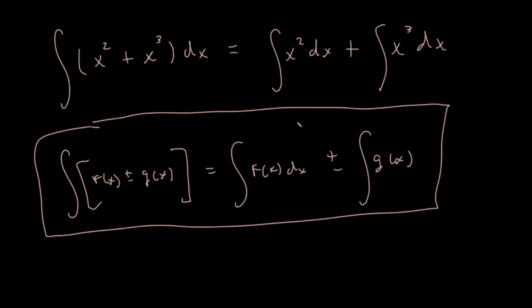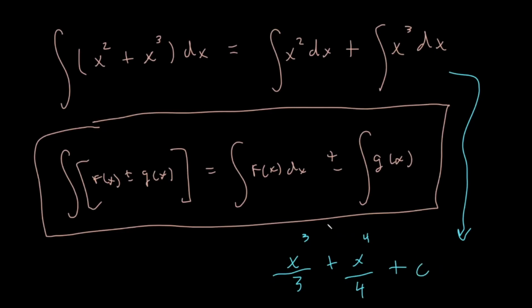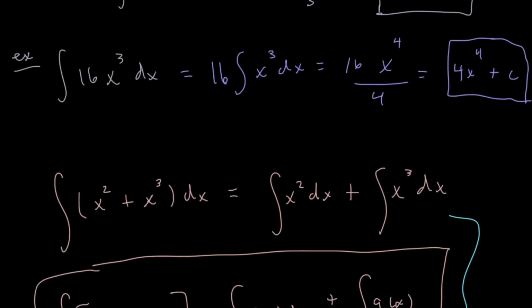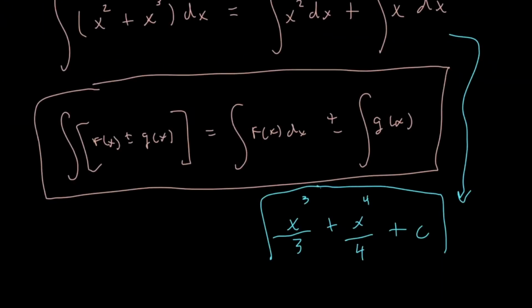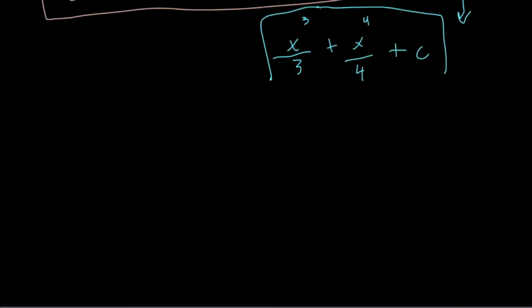I'm going to bring this down. The integral of x squared is x cubed over 3. Raise the 2 to a 3 and divide by the new one. Raise the 3 to a 4 and divide by the new one. So there we go. Really is that simple, thankfully. And these things can happen in conjunction, both the constant multiple and the sum or difference. So especially, let's consider